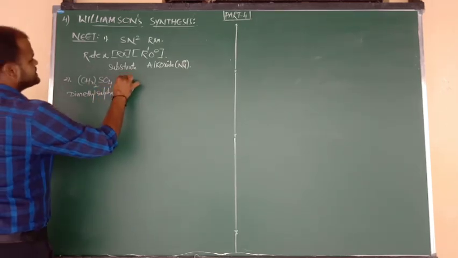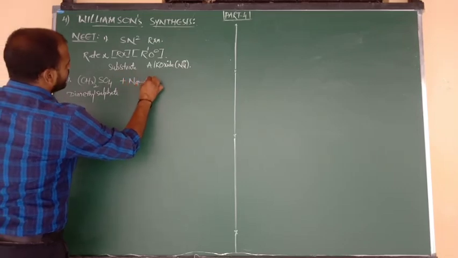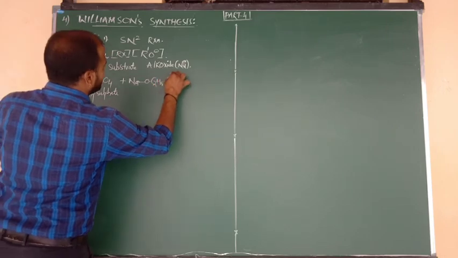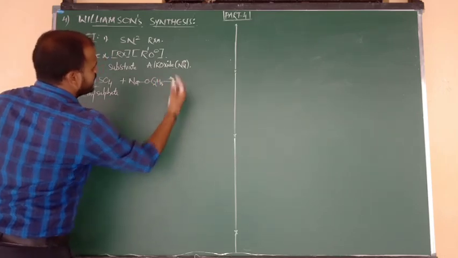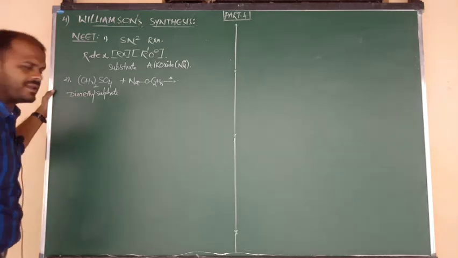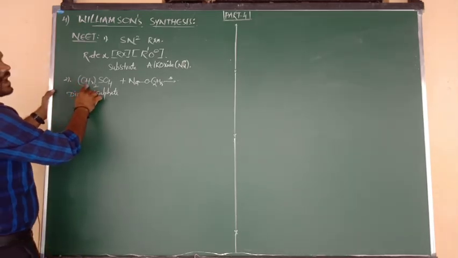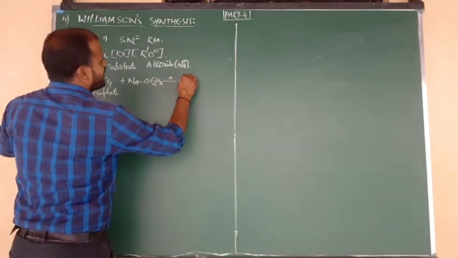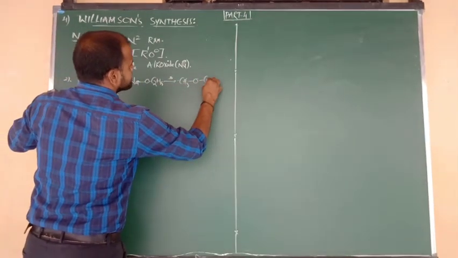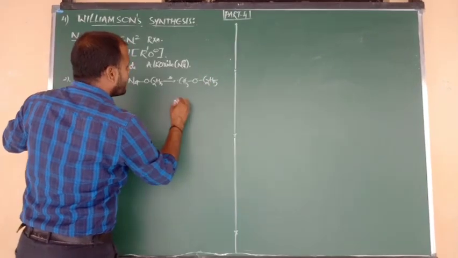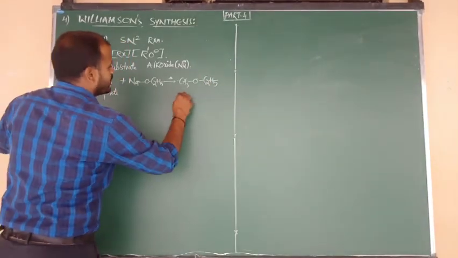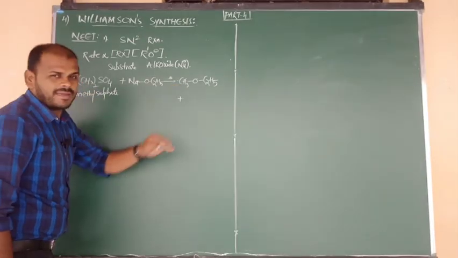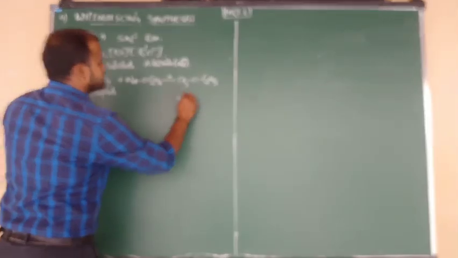It reacts with sodium alkoxide, NaOR, or in place of R you can write C2H5. Same thing, simply upon heating, it is also a nucleophilic substitution reaction. Good. So one of the methyls is connected to O connected to C2H5, and I am going to show you the byproduct. Here, how many methyl groups are there? 2 methyl groups are there. One methyl we have written here, and another methyl is there.